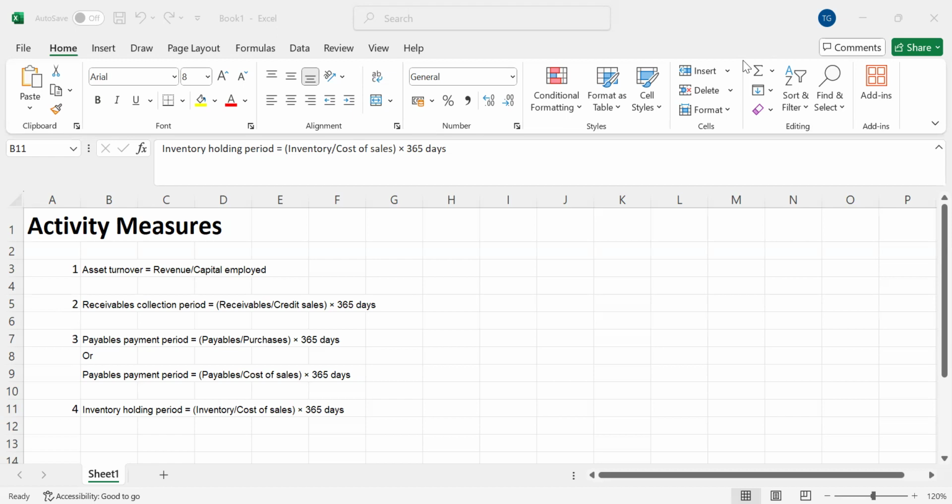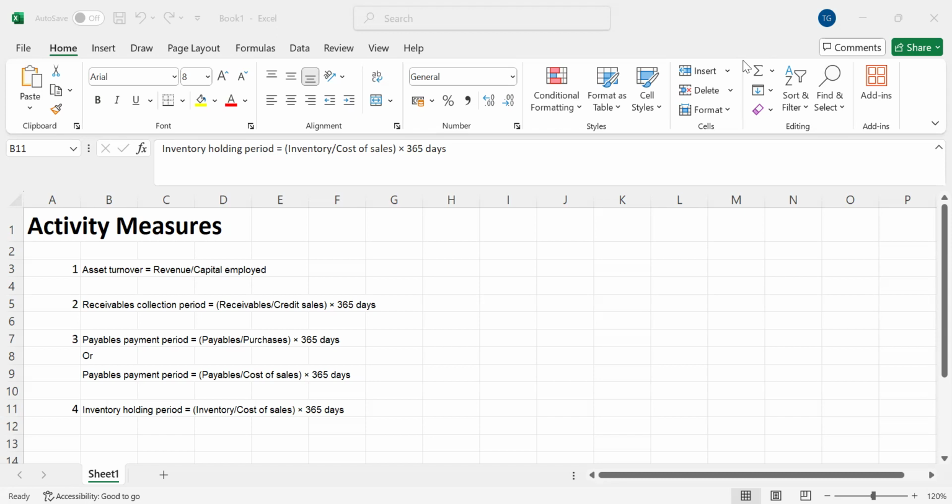So activity, as the name suggests, is talking about the activities of the business. How is the business managing its activities? What does a business do? It produces goods and sells them to customers, who may not always be buying for cash. They may take it on credit, so there will be receivables. Sometimes you're also buying from other parties and taking credit from your suppliers, so you have payables